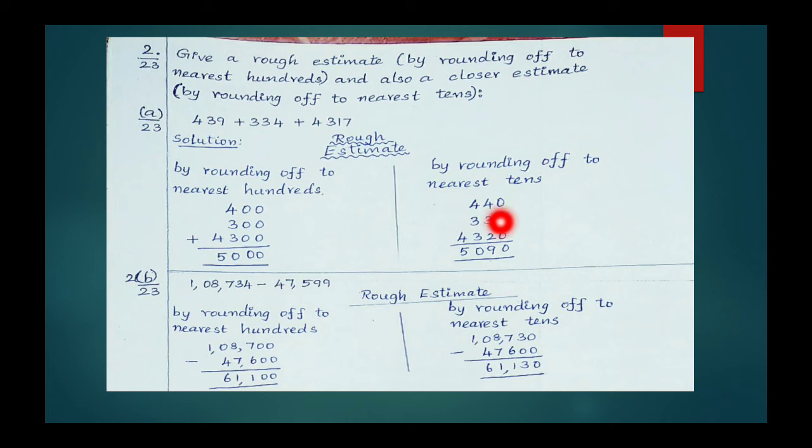While rounding off to nearest tens, you get 39 is rounded off to 40. No change in hundreds place, so 440. 34 is rounded off to 30, so 334 becomes 330. 4,317 is closer to 20, so 4,317 is rounded up to 4,320. So you have the answer 5,090. Next,